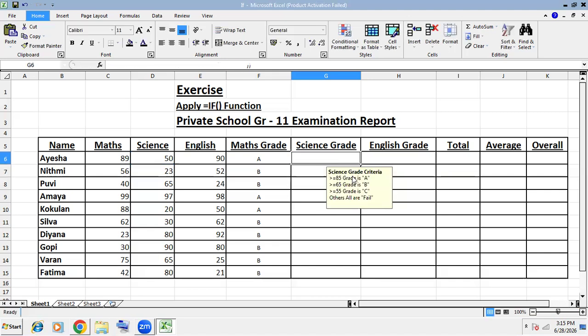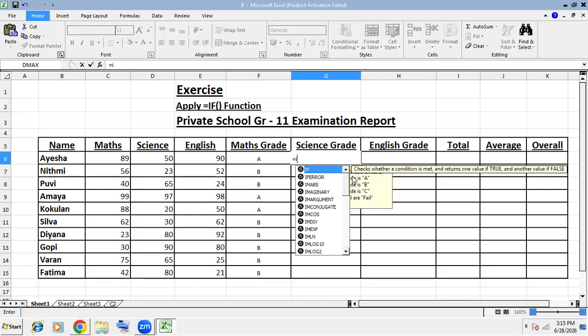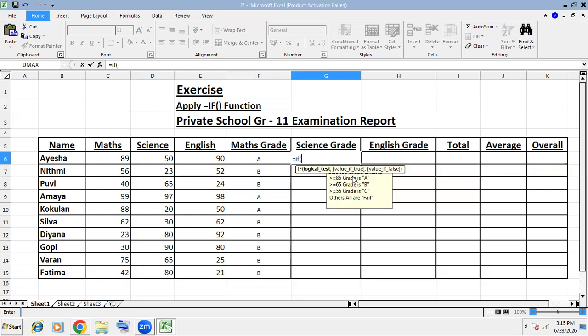Once again, equal IF, open bracket, 50 greater than or equal to 85, comma, inverted comma, A, first condition. So then comma, IF, open bracket,